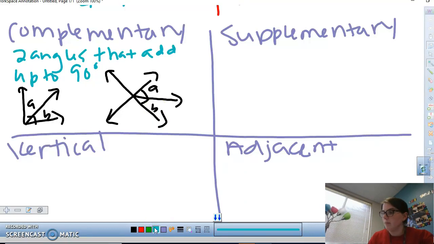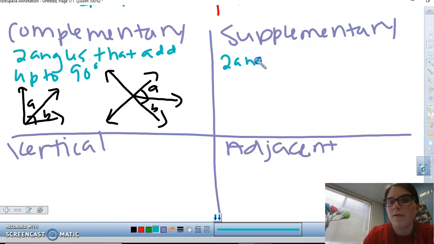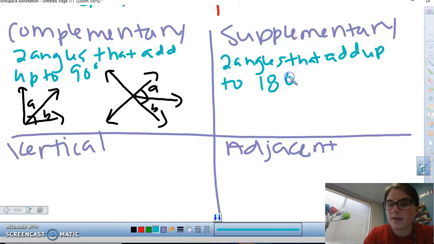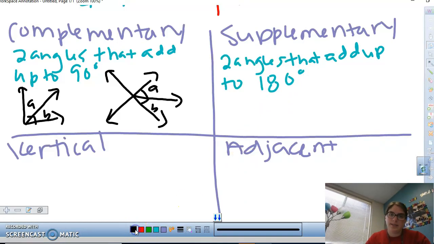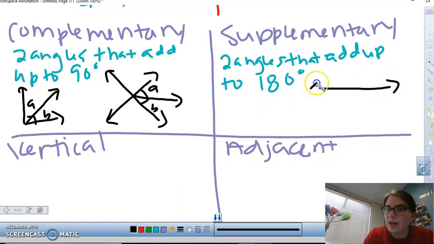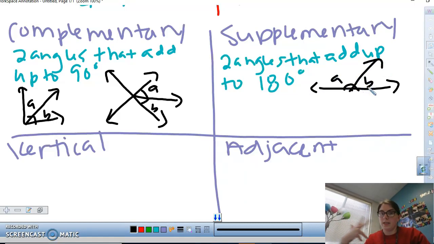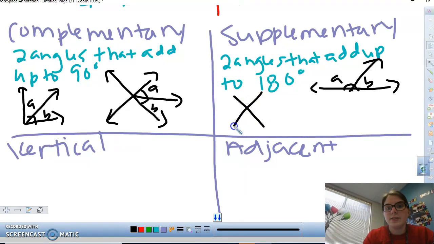Supplementary angles are two angles that add up to 180 degrees. The simplest way to show that is just like that straight angle again, 180 degrees, A and B. A and B would be supplementary angles because A and B would add up to be 180 degrees. If I was looking at intersecting lines,